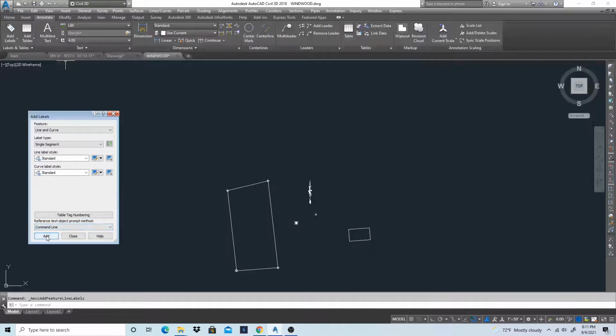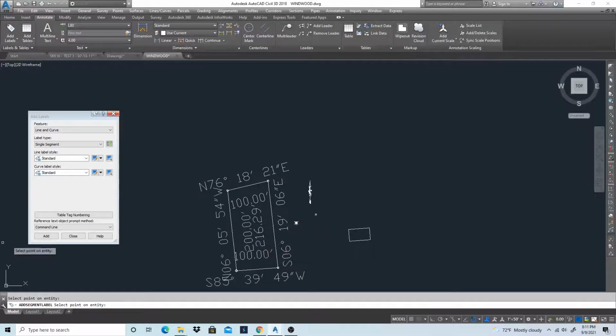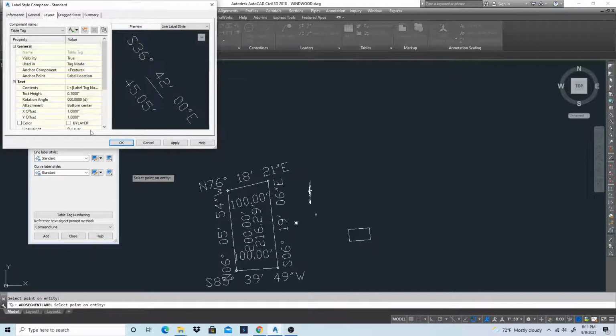So I'm just going to hit Add, because I want to see what, so boy, I've got some big numbers here. So I hit standard, and I'm going to say edit,